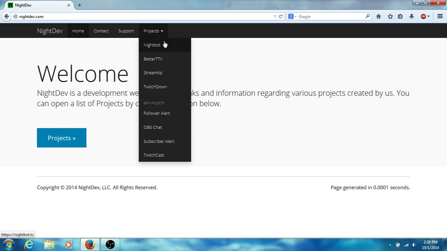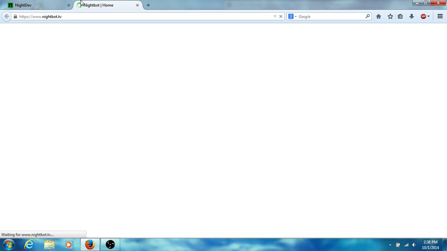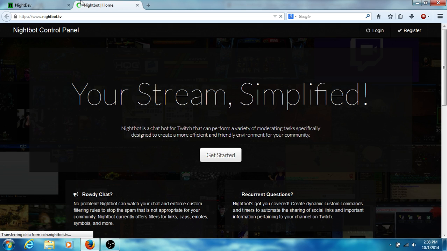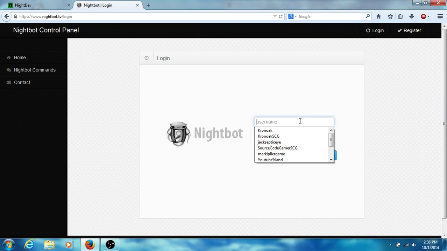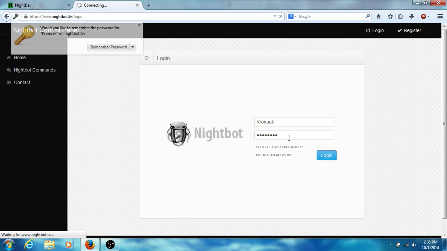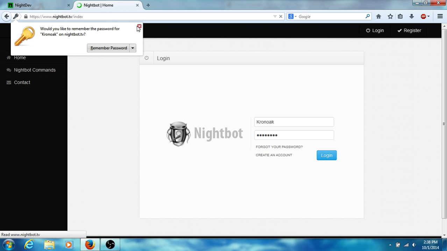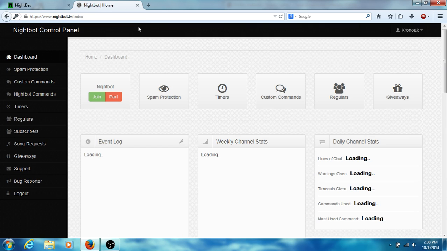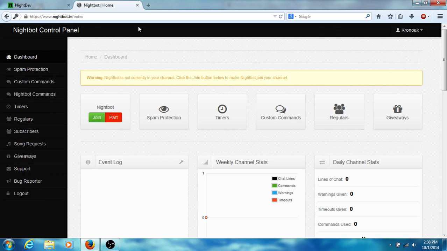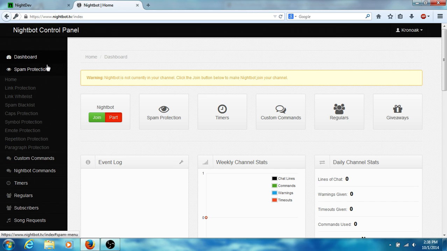First up, Nightbot. Nightbot is a great guy. He's a free moderator that allows you to simply do everything. Let me just log in so that you can see that. It's a bot that is free and allows you to not have to deal with trolls and stuff as much because you can have spam protection, which